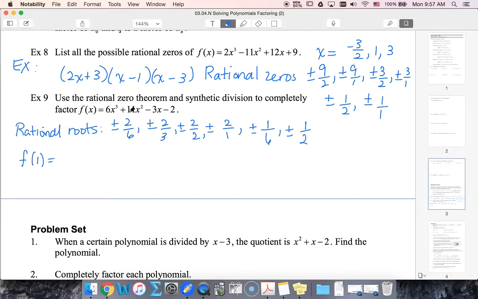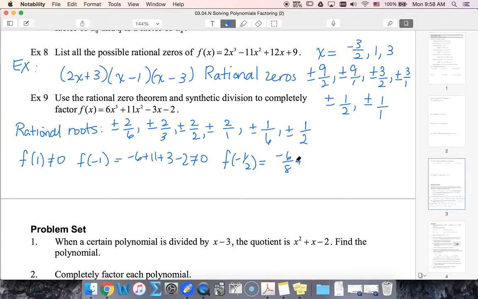So 6 + 11 - 5 definitely does not equal 0. Let's try f of -1. That would give me -6 + 11. If I had -1, that would turn into +3 - 2. That definitely does not equal 0. It looks like I need some smaller values, so next I'm going to try either a half or a third. So I'm going to go with a half first, and I'm going to go with -1/2 to try and shrink the numbers down, because this 11 is pretty high here. So -1/2 I'm going to try, so that's going to give me